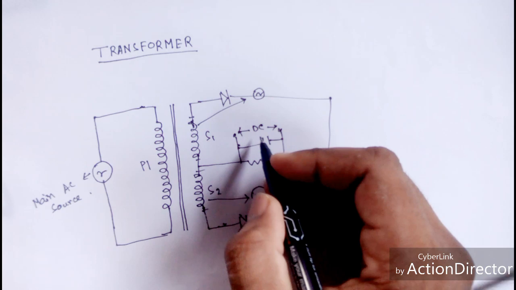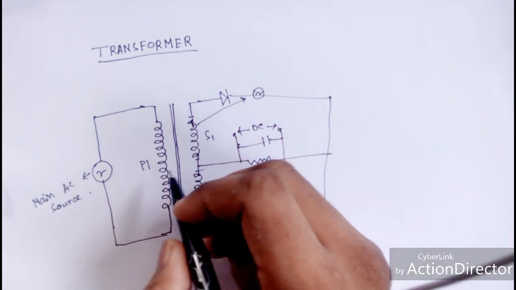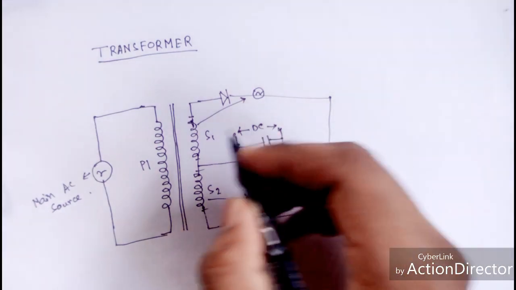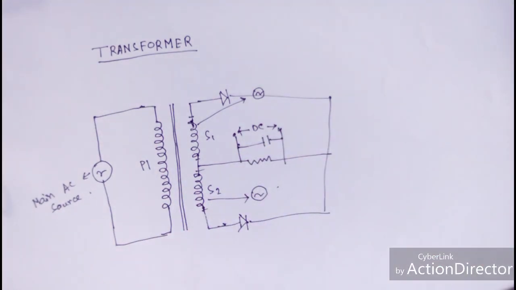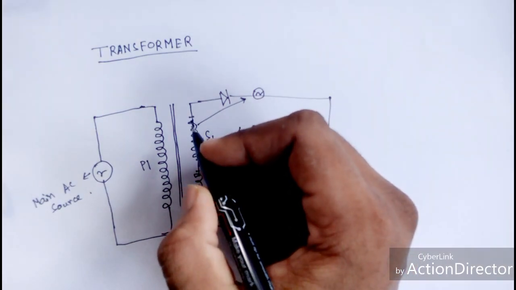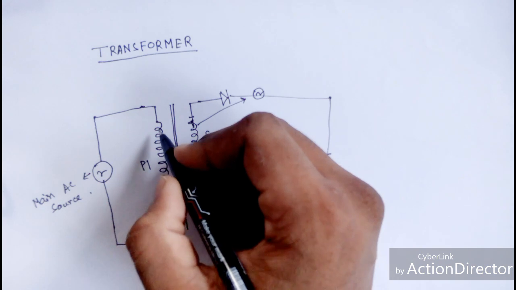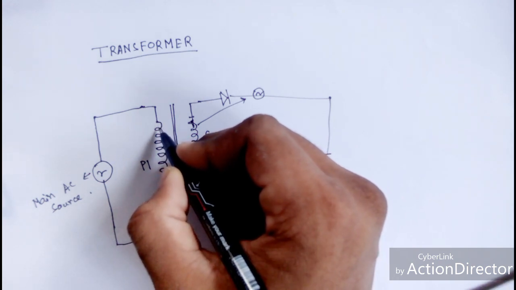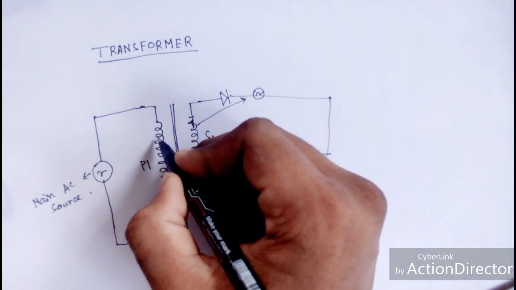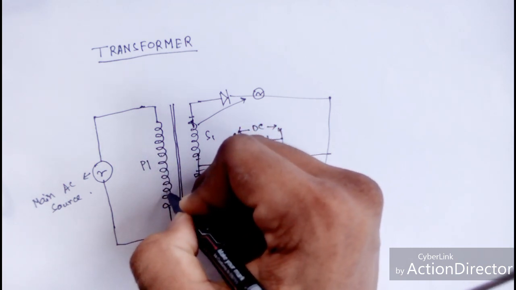So how does the voltage become low in a transformer? We first have to calculate the number of turns in each coil. So let's count. Here the number of turns is 1, 2, 3, 4, 5, 6, 7, 8, 9, 10, 11,